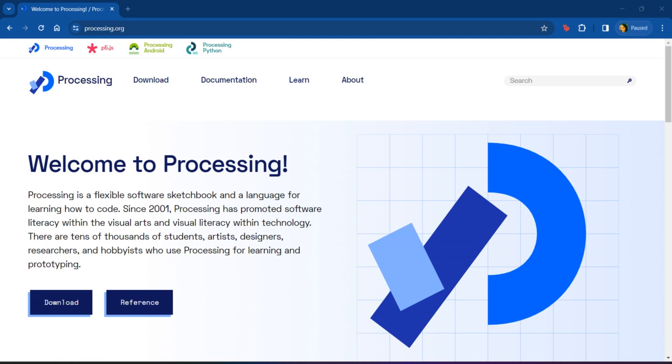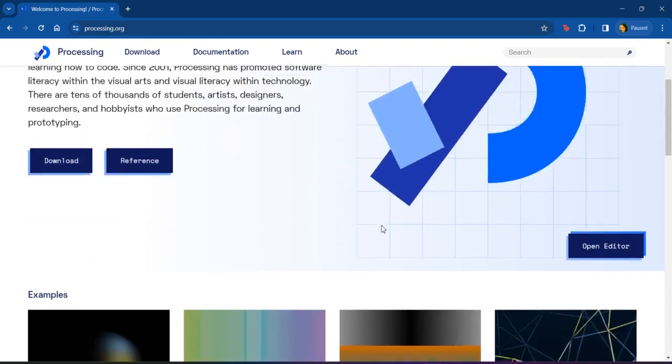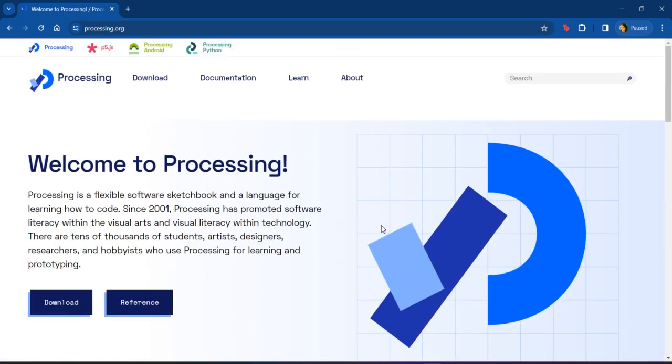In this video, I am going to teach you how to install processing on your system. For the first step, you'll visit processing.org. When you visit processing.org, you'll see this as a home page. When you click on download button as shown here,